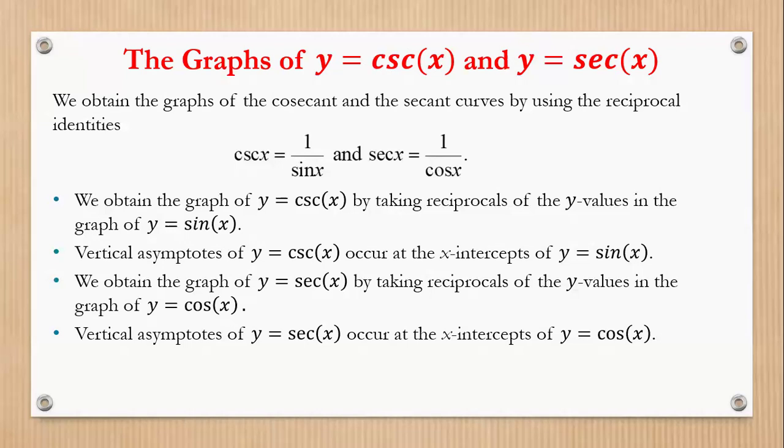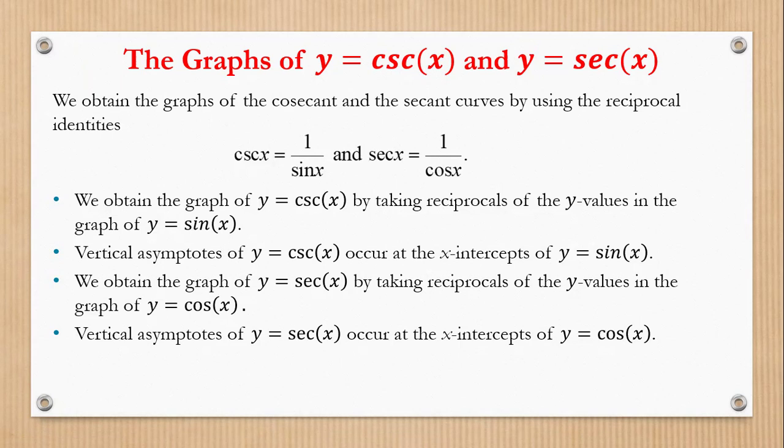Hi, in this video, I want to talk about graphing the two other trigonometric functions, secant and cosecant. In the previous video, we talked about how we can graph sine and cosine and tangent and cotangent. Now, to graph secant and cosecant, we can follow the same strategy as we did for the tangent and